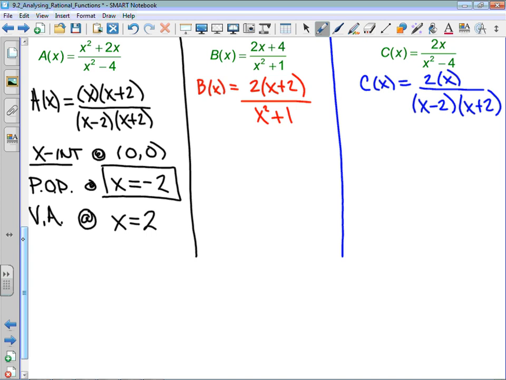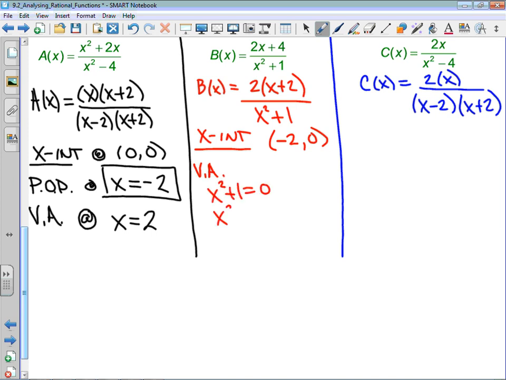B of x has an x-intercept. That's going to be at -2, 0. Is there a factor present in the numerator and the denominator? No. Is there a factor present in just the denominator? Yes, there is. Now, that means that a vertical asymptote would occur when x squared plus 1 is equal to 0,